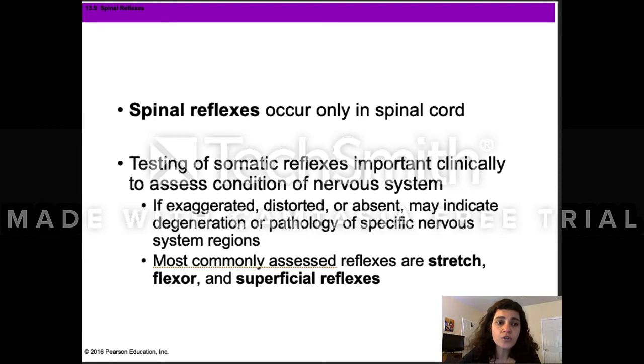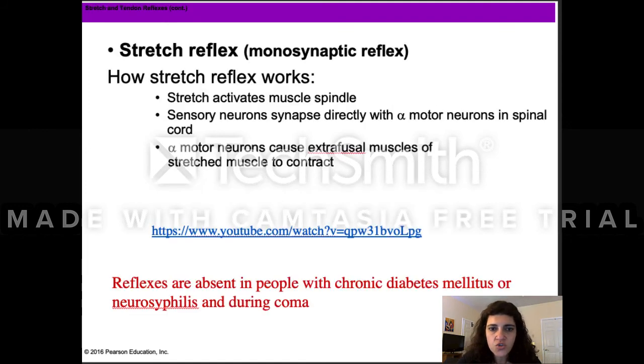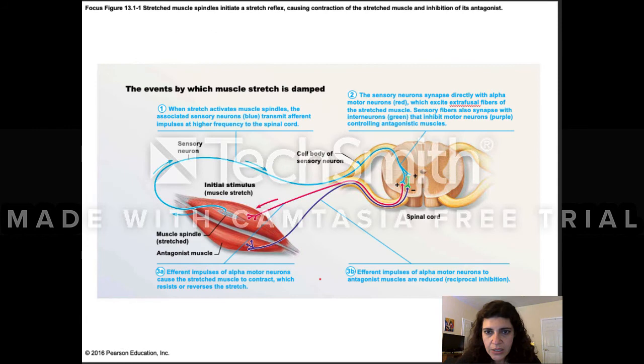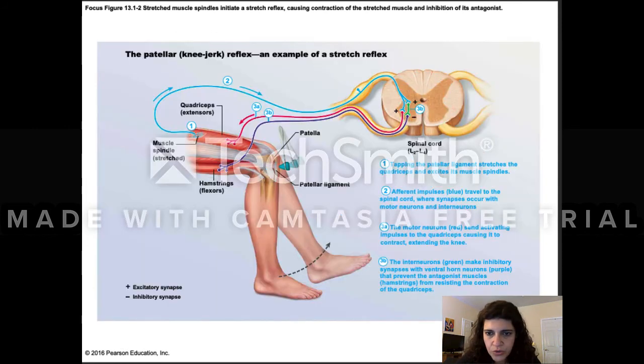And we are going to focus on only two of them, which are the stretch patellar reflex and the crossed extensor reflex. So when we talk about the stretch reflex, I have some videos here that later you guys can look at. So how the stretch reflex works. Let's look at this. Actually, I think I want to go ahead and show you this. So what happens is that first, it's considered